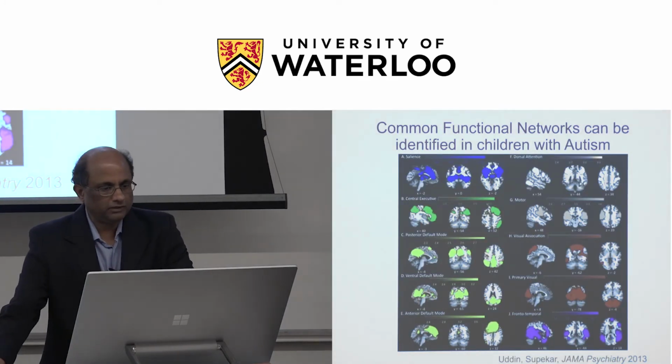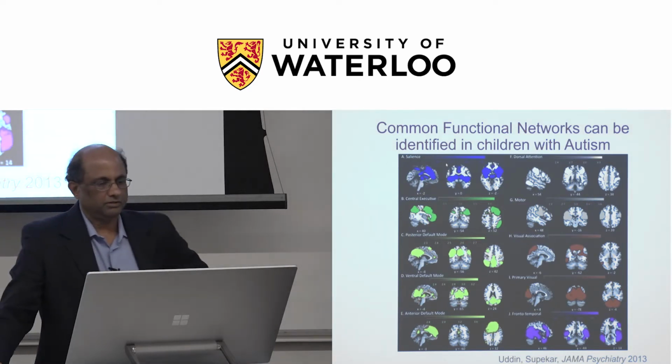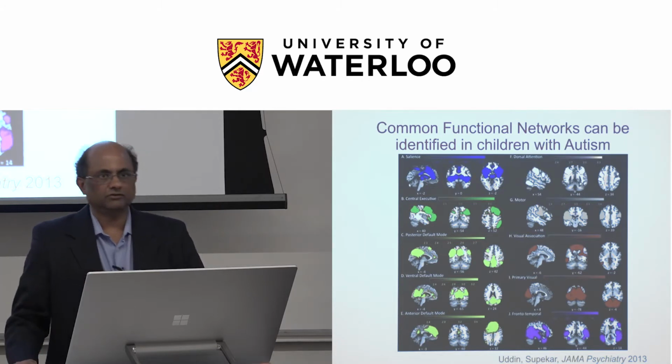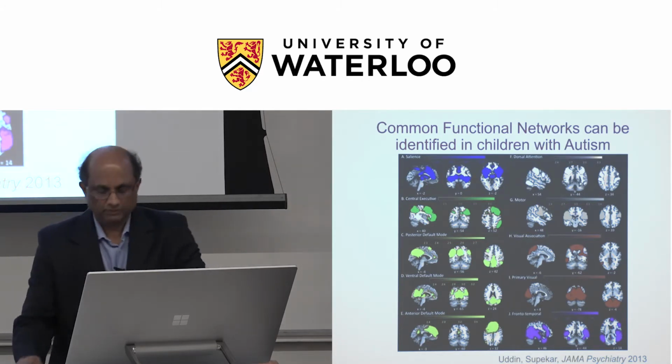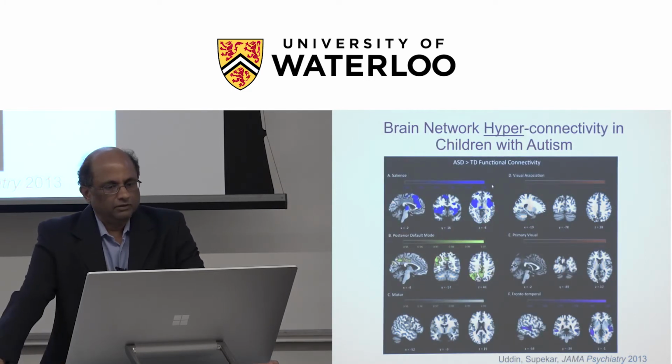This is the first study, focusing on children with autism, and what you can readily see is that these networks are actually identified in children with autism. It's not that they don't have these systems, or that's not the level of dysfunction. The level of dysfunction is the integrity of these systems and how they interact with other systems. One of the things that actually struck us, which I think has changed the field in some ways, is